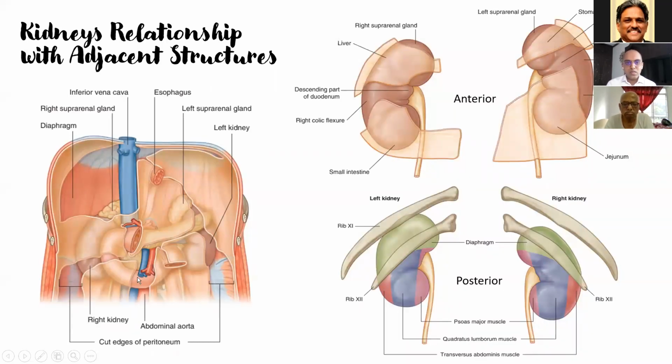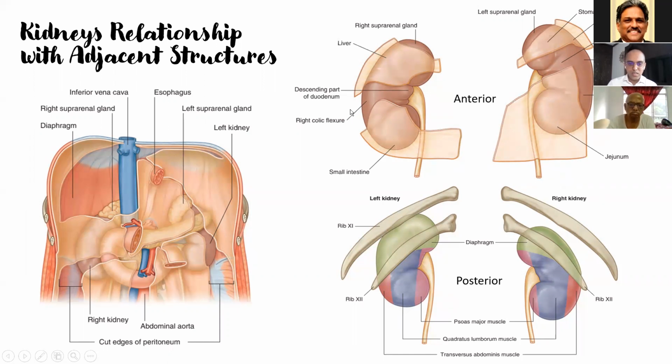Coming to the adjacent structures and the kidney's relationship to them, the kidney is a retroperitoneal organ, like we know, and the other retroperitoneal structures like the C loop of duodenum and the tail of pancreas are in very close proximity to the kidney. The C loop of duodenum covers the hilum of the right kidney, and the tail of pancreas covers the hilum of the left kidney. You have the adrenal gland sitting as a cap on either side on the kidney, and then you have the intraperitoneal structures like the liver, stomach, and the small bowel overlying the kidney. And the ascending and descending colon have their peritoneal attachments in close proximity to the kidney.